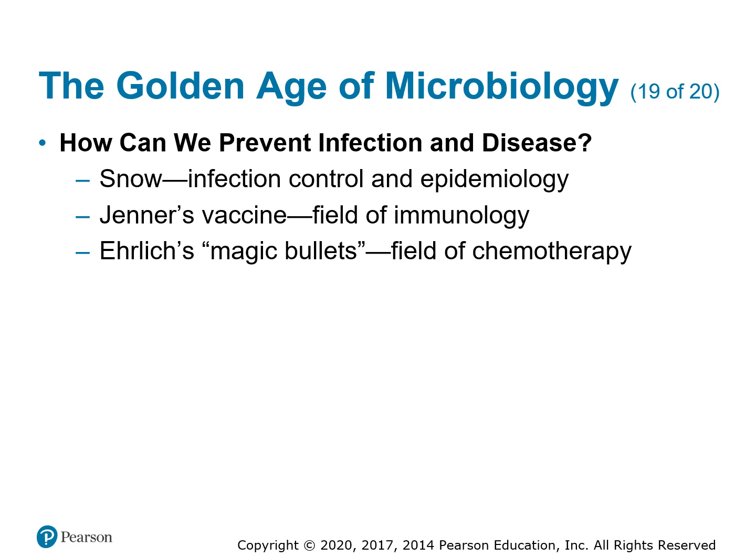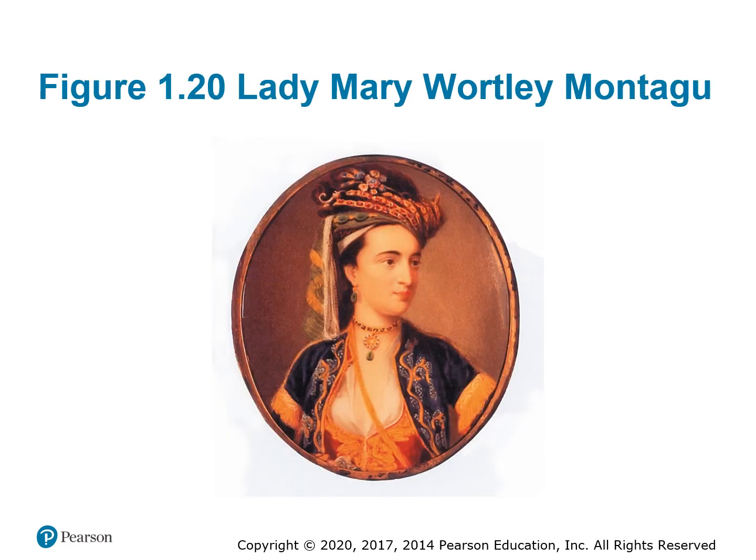So one of the things that he's credited for is variolation, which is highly regarded by many as a bad move. But it was a really important start in the field of immunology. And so here we have Lady Mary Wortley Montagu, who had been to probably the Ottoman Empire, I believe, where some people